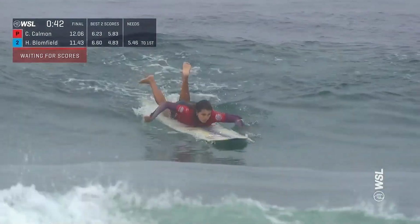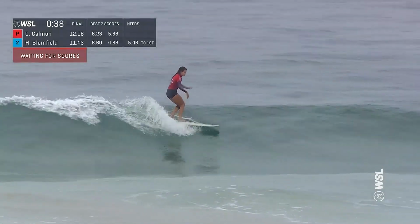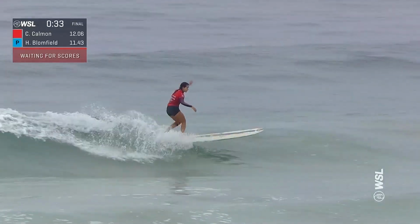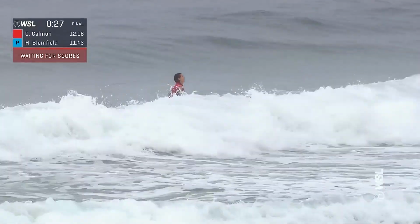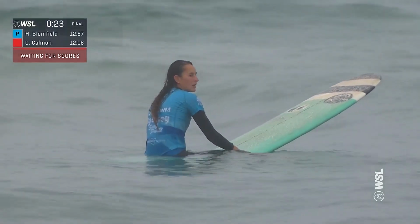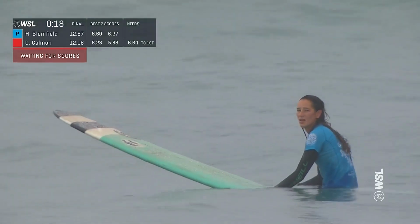Scores are starting to come through from the judges, and it looks positive for Honolua Blomfield, so this wave is going to matter for Chloe Calmon. She gets up to the nose, locked in hang 5 to start. Nice pedal back, engages that rail, sets it up again, and she goes for that re-entry, but she can't find that momentum to ride out clean, and that's going to hurt the score line as Honolua has just dropped in a 6.27 to take the lead